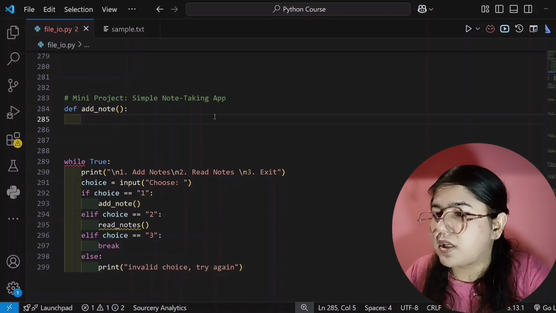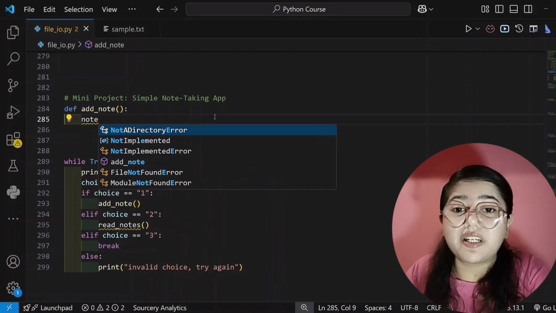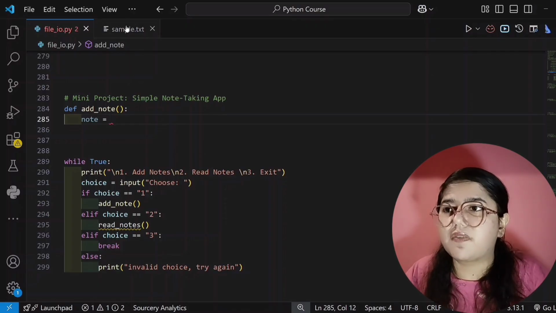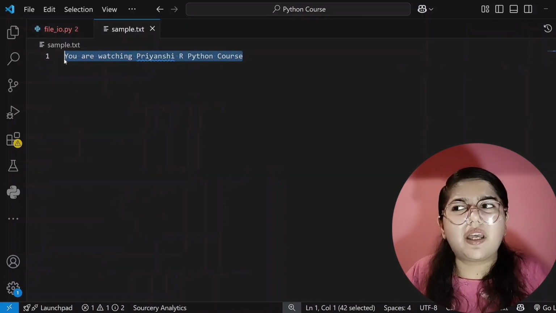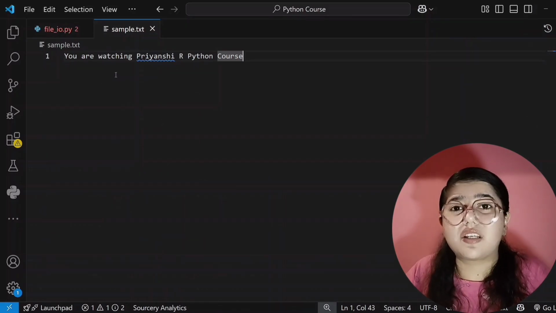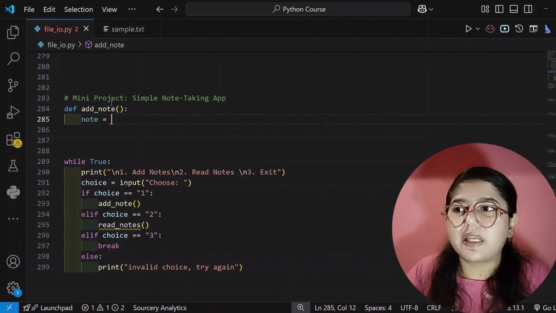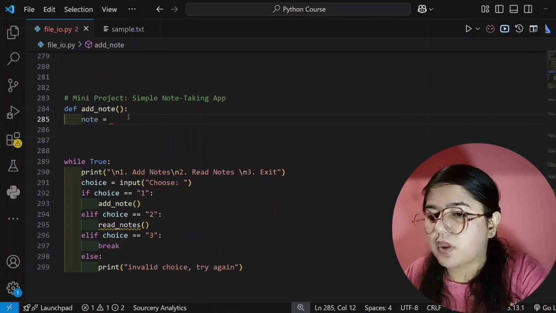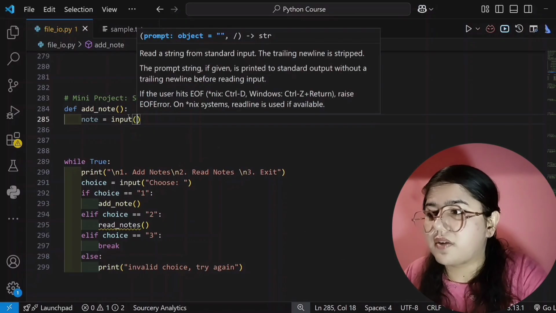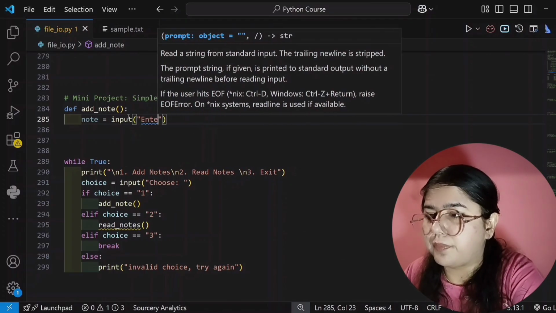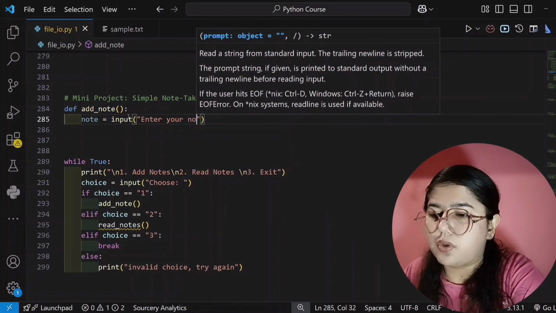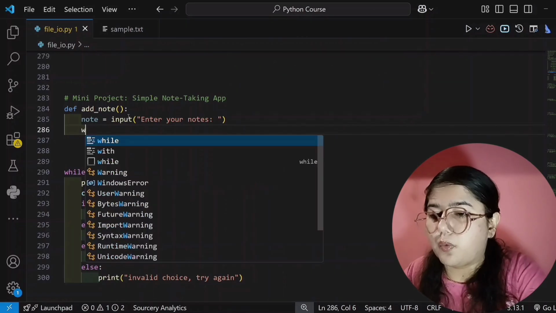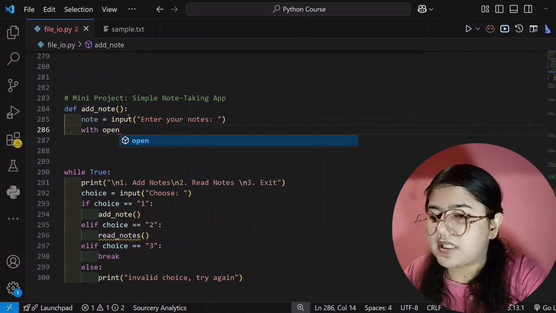that is, see here, note, I am creating a variable here, and it will store whatever note the user gives. For example, if I give this line in the notes, or if I give Python code or HTML code or CSS code or JS code, it will store in this note variable. So this is for storing the notes. Then input, because the user is giving the input, that's why enter your notes, obviously. And now the next line will be with similar syntax.